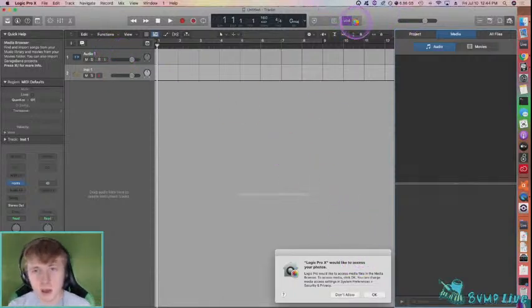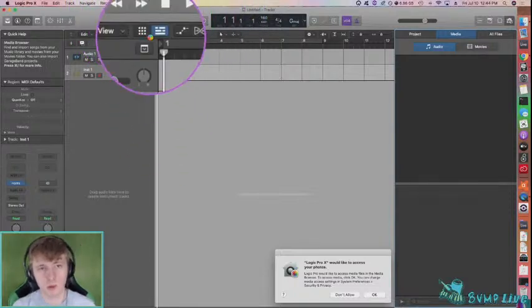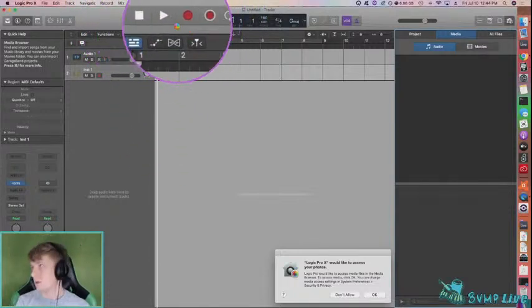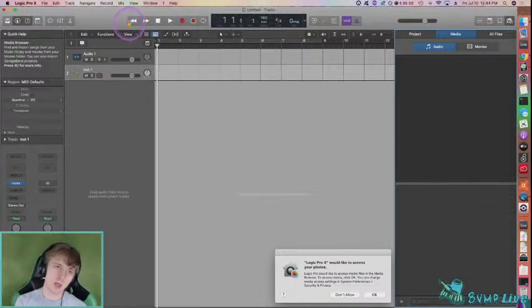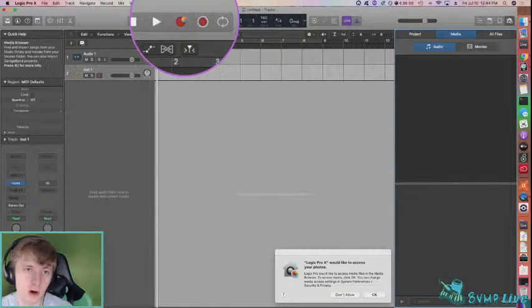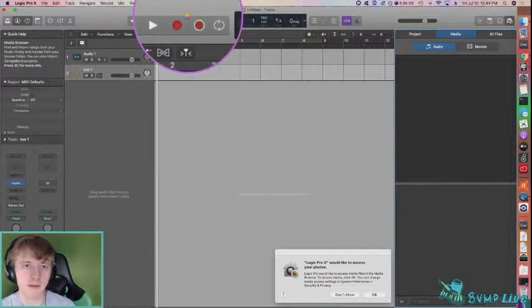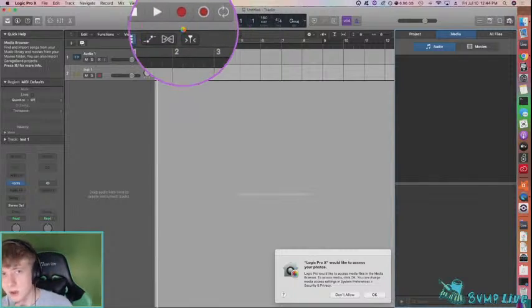That's fine. So up here we have our transport, which would be down in the bottom in Soundtrap. These controls: we have go back and forward and measure, we have stop and play, what you'd expect. Then I have record, and this is actually customizable. Next to it, I have a record with a white circle around it. What that means is